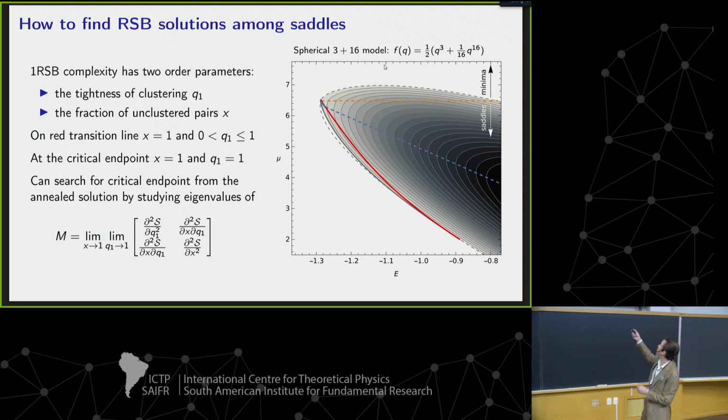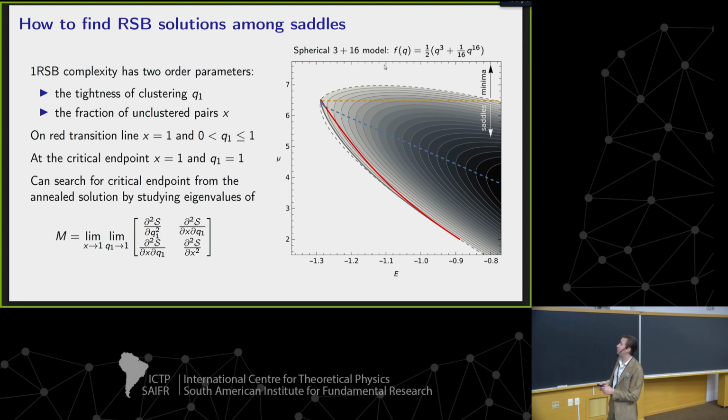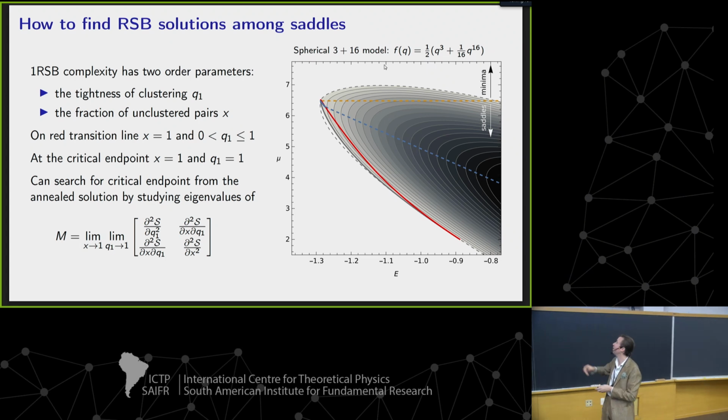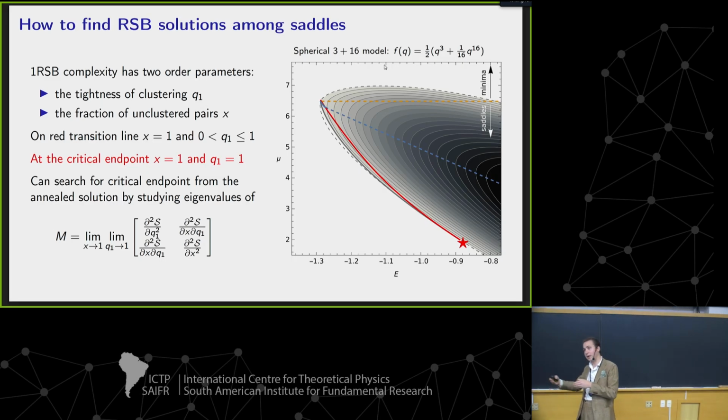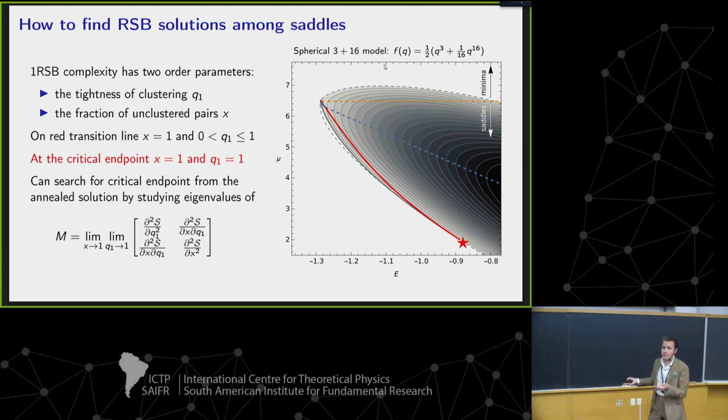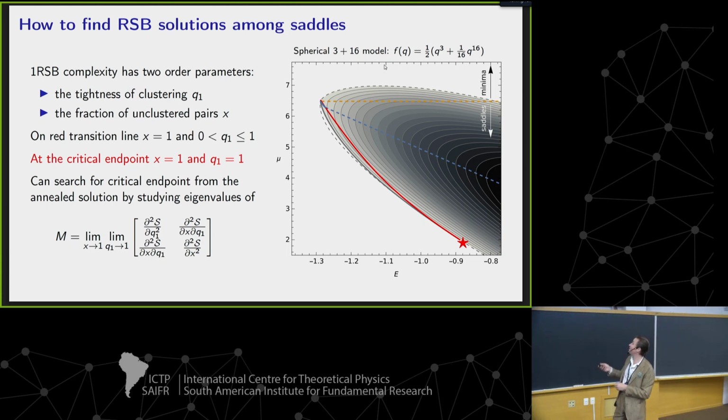Now, on the transition line between symmetry and symmetry breaking, you always find that this fraction is 1. Basically, you're seeing no correlations, no clustering, and then you start to see a tiny bit appear with some clustering structure that just sort of always has some value randomly between 0 and 1. So it's difficult to look for this transition if you don't know the value of the order parameters where it is. However, at the endpoint of this transition, where it meets the 0 complexity line, it appears from our quenched calculation that both order parameters are 1. So we know both of their values.